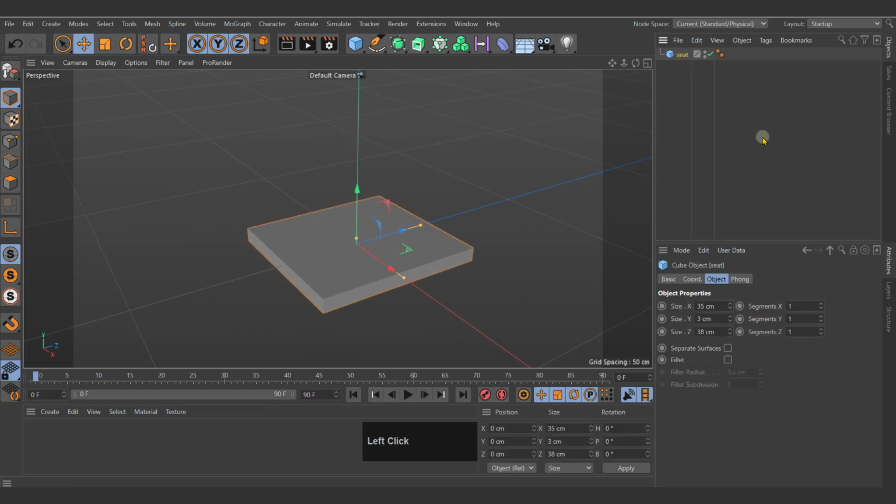Now we are going to make the support of the seat. Instead of taking out another cube and having to completely resize it from scratch, let's simply copy and paste our seat. To do this, select it in the Objects Manager and press Command C or Control C to copy and Command V or Control V to paste. This will give you seat point 1, which we will rename